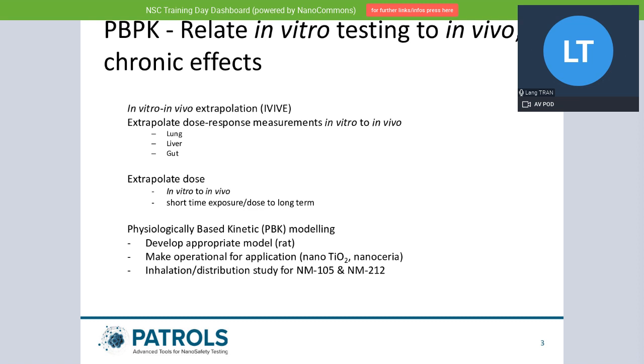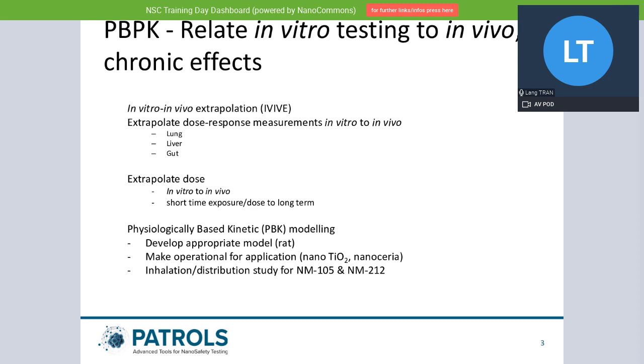This is a very interesting topic, because if we can relate the in vitro to in vivo, then of course you don't have to do too many animal experiments, and this is very ethical, and it is supported by the Commission. So what we try to do is to extrapolate or find a correlation between the in vitro result and the in vivo.